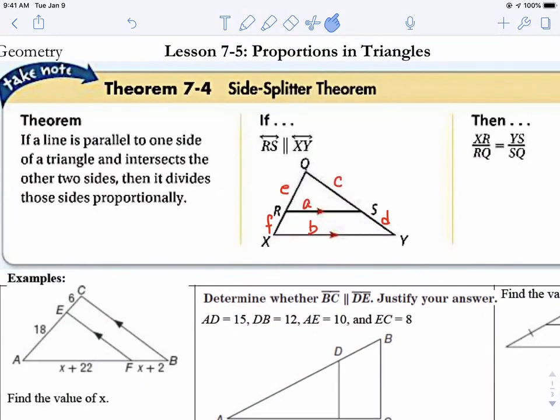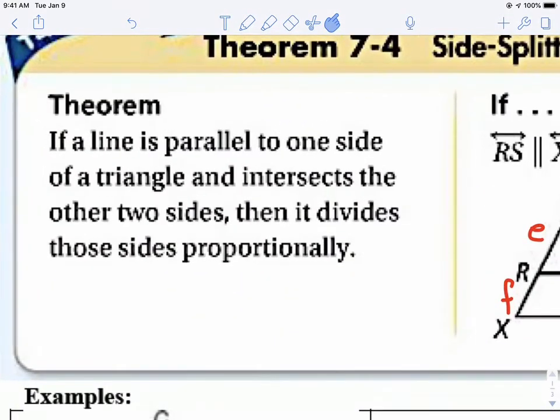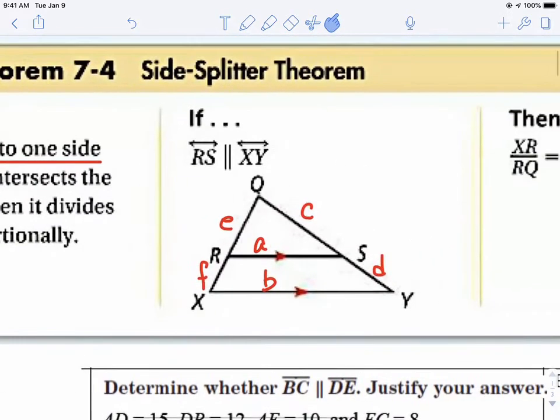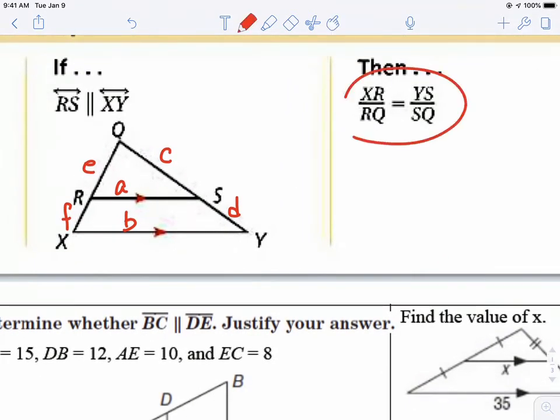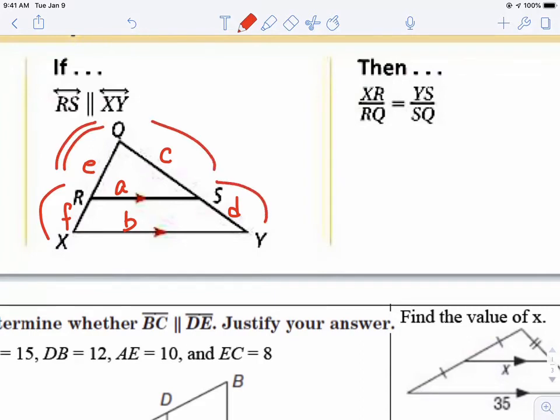So the side splitter theorem says that in a triangle, if you have a line that's parallel to one side of the triangle, then it cuts the other two sides of the triangle proportionally. Now, according to the labels that are over here, that means XR is to RQ as YS is to QS. So if you use the letters that I have there, it says F is to E as D is to